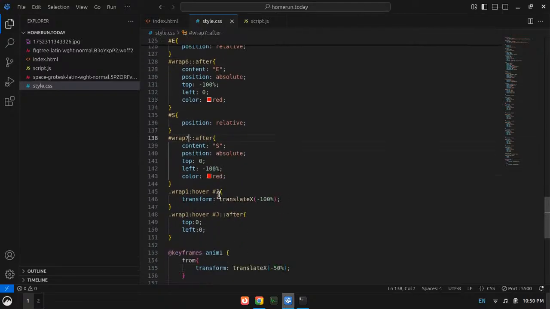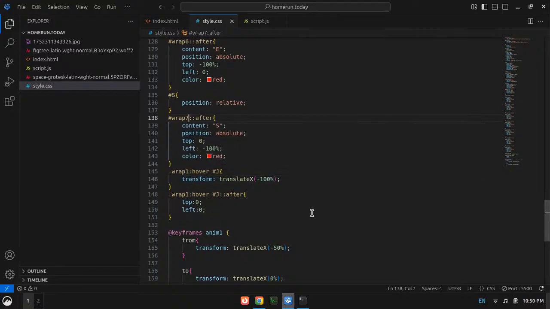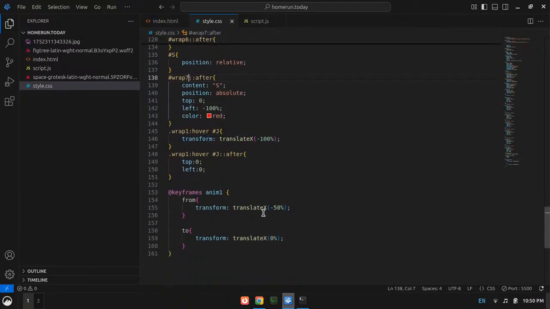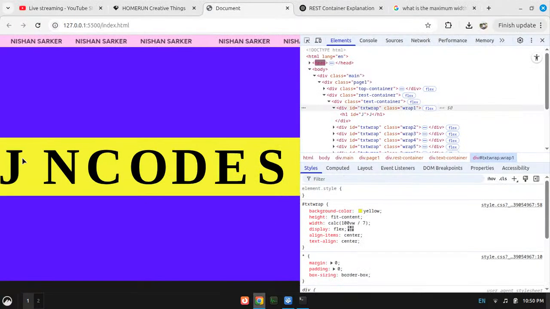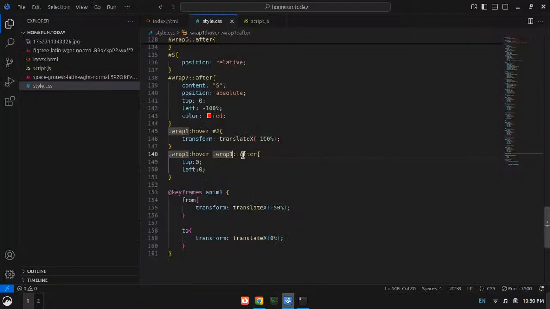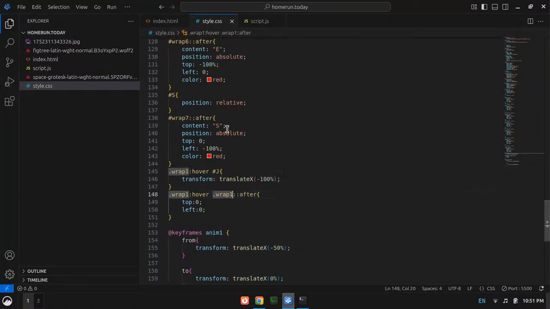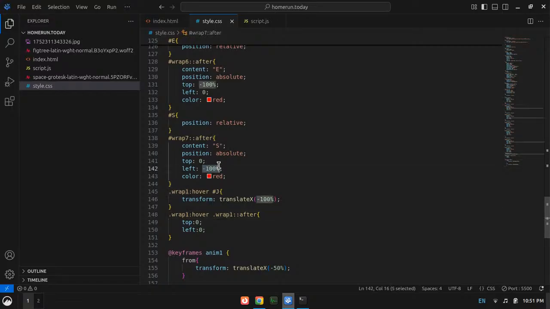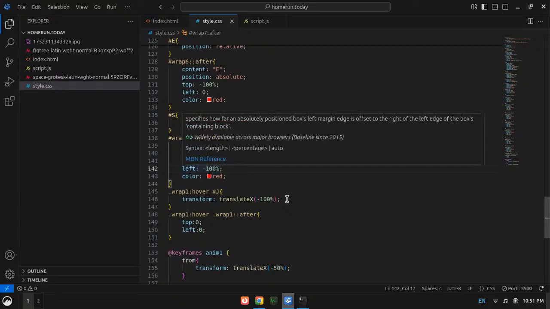Okay, that should be it, I guess. And now it would be wrap 1 after. Let's see what happens. The after element is visible nowhere. I don't know why. I think I need to give the wrappers a position of relative.